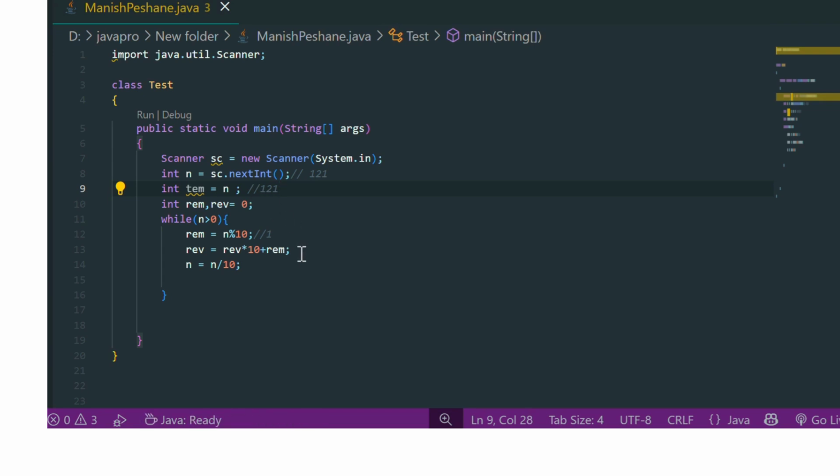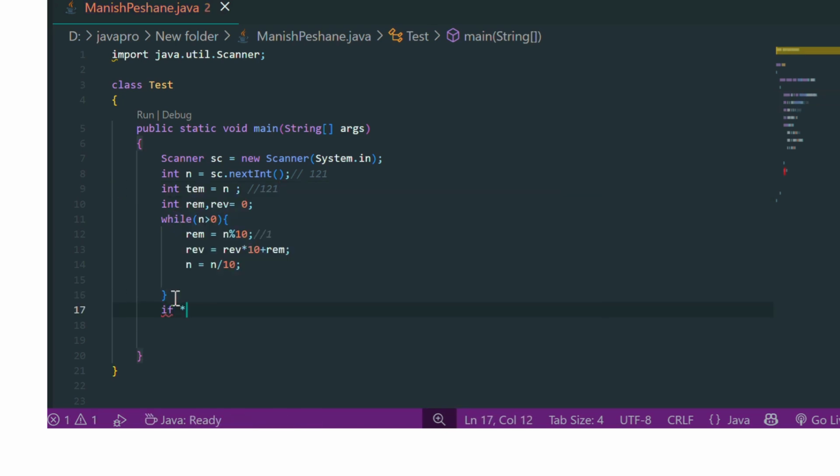Why do we not compare with n? Because the n value will be changed. Step by step we perform the logic, and then the n value also changes. So we do not compare reverse equal to n. So we declare temp equal to n.